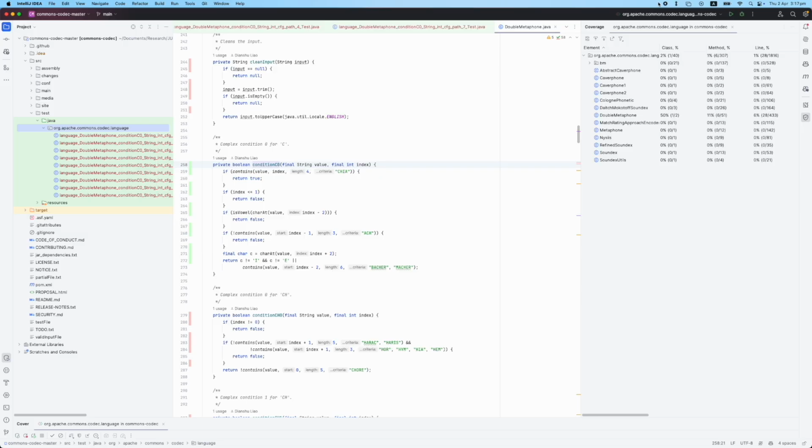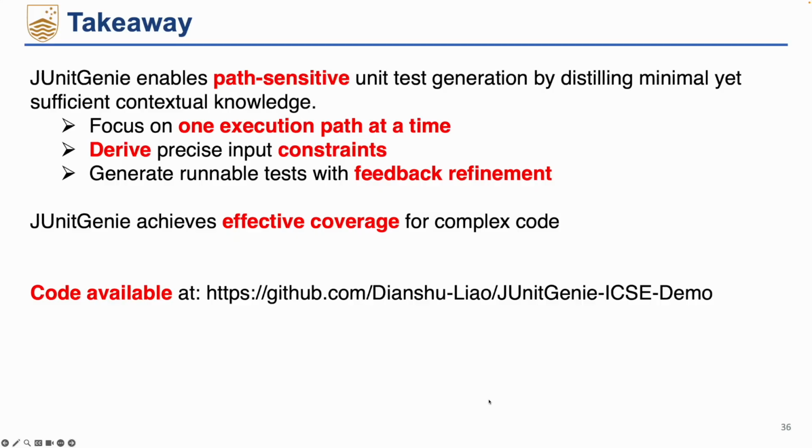Thank you for watching. So finally, this is our takeaway. First, JUnitGenie enables path-sensitive unit test generation by distilling minimal yet sufficient contextual knowledge. It focuses on one execution path at a time, derives precise input constraints, and generates runnable tests with feedback refinement. The second is that JUnitGenie achieves effective coverage for complex code, and our code is